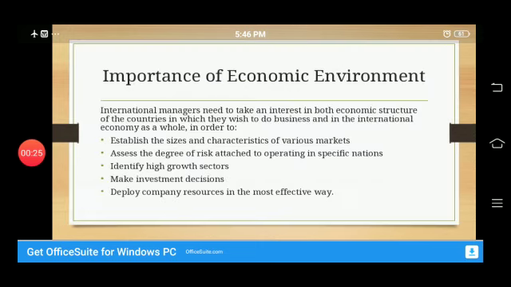First of all, we need to know the importance of economic environment. International managers need to take an interest in both the economic structure of the country and the international economy as a whole. Why do you need to know about this? To establish the size and characteristics of the various markets, to assess the degree of risk attached to operating in specific nations, to identify high growth sectors, to make investment decisions and to deploy company resources in the most